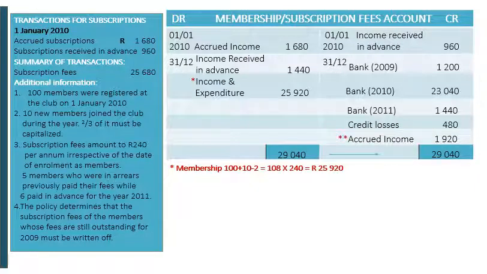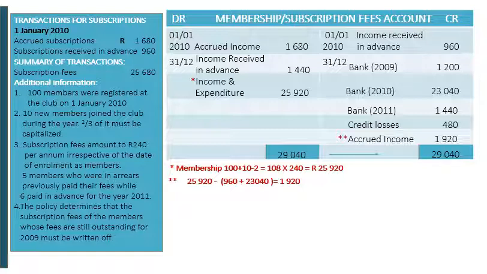This calculation for accrued income can be tested by taking the total income for the year that we've calculated, 25,920, deduct the actual cash that we have received for 2010, which is the advance that we received last year, plus the cash value that we received in the current year to arrive at the amount that is owing of